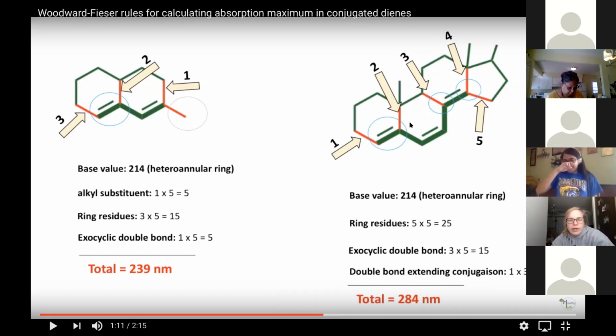And then all of your red, again, they call them ring residues, or your alkyl substituents. And then you have 3 exocyclic double bonds, because if you look at this ring in the middle here, you have one here, then one here, and then if you look at